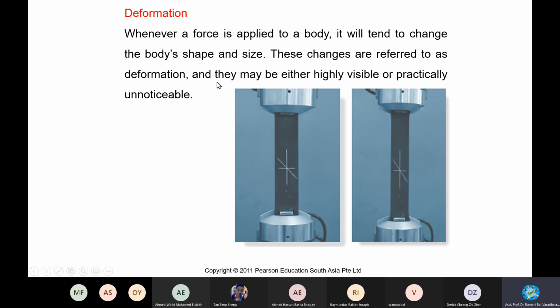Having understood, the engineer can design the best section, choose the best material and the best connectivity. Then she is a successful engineer. Failures may be either highly visible or practically unnoticeable. Sometimes they will be indicated by a small crack. Sometimes it will be sudden, sometimes gradual. Let us see how the material behaves.